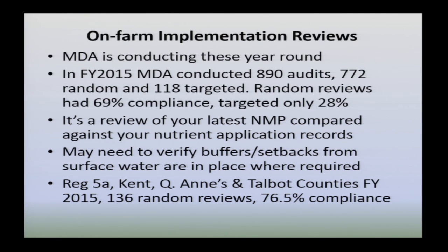On-farm implementation reviews. That's basically what I do in this region. There are nine of me throughout the state of Maryland doing implementation reviews of nutrient management plans. We go out on farms. We send notices. We give notice that we're coming. And we're going to review nutrient management plans to make sure what you've got is current, is relevant to what